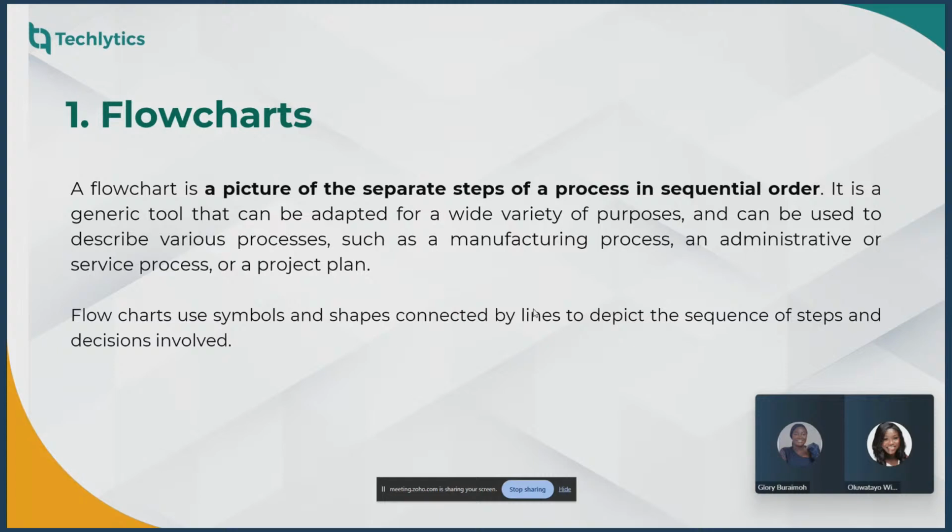So it's basically a picture of separate steps of the process in sequential order. This is the foundation. Every process map follows the same pattern. They're all in sequence, they're all in order, and they're all separated activities. So this is what the flow chart is, rather. So it uses symbols and shapes connected by lines to depict the sequence of steps and decisions involved. So I'll just go to the next slide, which shows us some of the symbols which are used in the